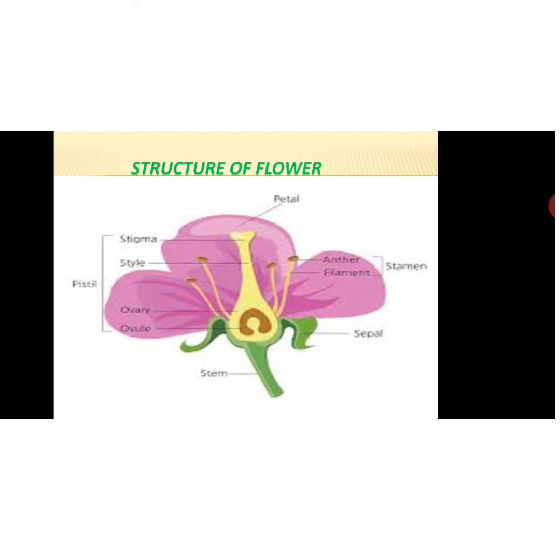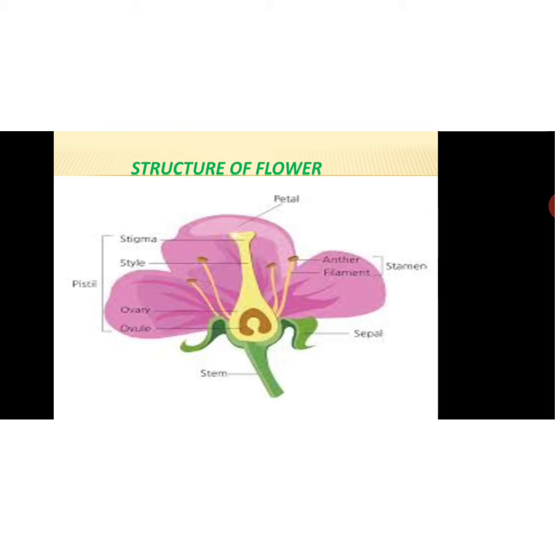See, the sepals are also there, a green leaf-like structure. This is the sepals. This one inside is the ovary, ovule. Stigma is there, a neck-like structure at the upper side. Style is there. This colorful part is the petal. Anther, a particular part of the stamen. This is the male reproductive part of a flower, and it has two structures included in it. First one is filament and the other one is anther. Okay, so these two parts are included in the stamen, and the stamen is the male reproductive part of a flower.